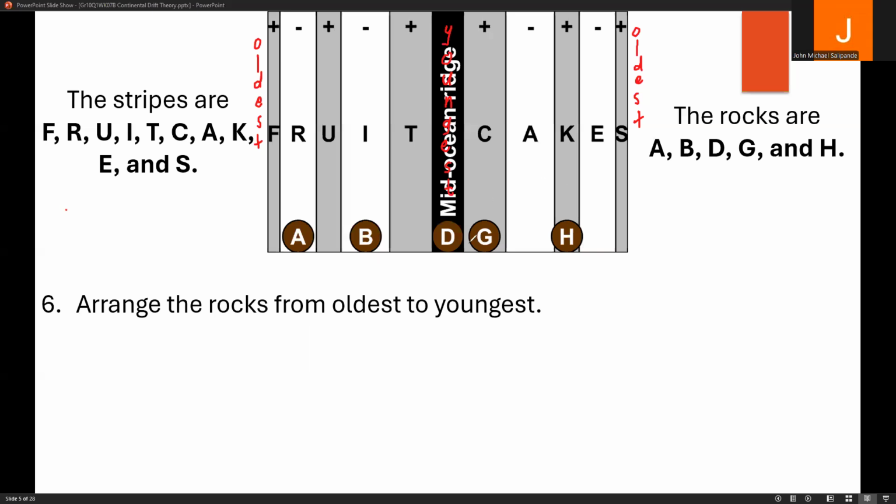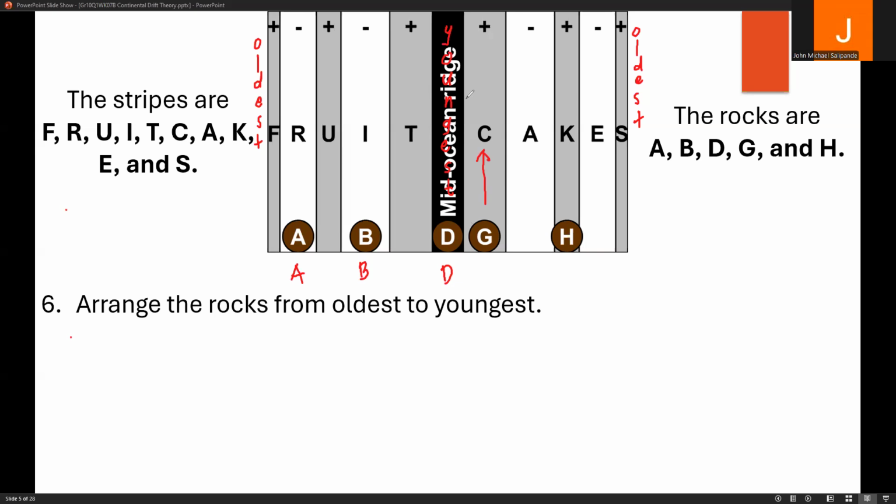Okay. So let's start with letters A, B, and D. Because A, B, and D are already on the left side, no need to move them anymore. Okay? So let's focus on G and H. G belongs to stripe C. And remember that